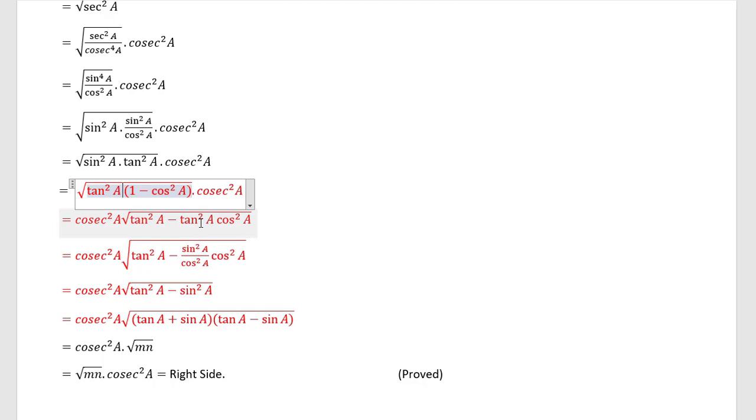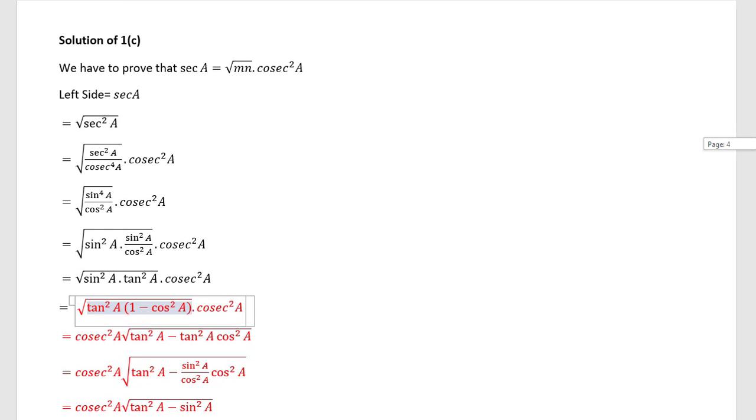And here we have broken down tan square a into sin square a by cos square a, and this cos square a will be cancelled, and you will get tan square a minus sin square a, and then you will get tan a plus sin a, tan a minus sin a, and it is root over m into n. So you will get root over mn into cosec square a equal to the right side. This is the solution technique of question C,